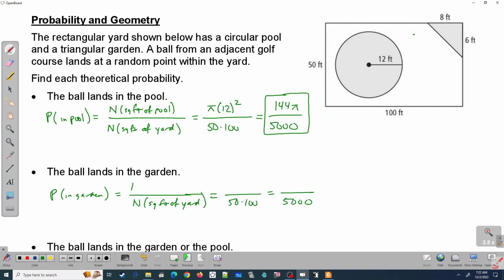The only difference now is I have to find square feet of garden, and that's 1/2 times 6 times 8, base times height in this particular problem,